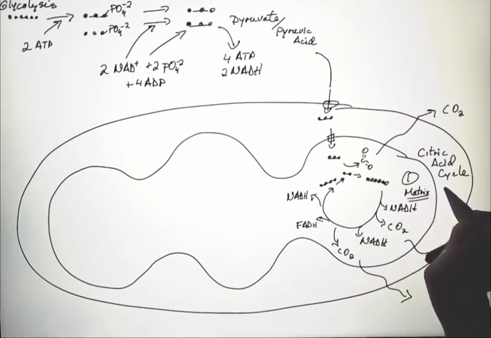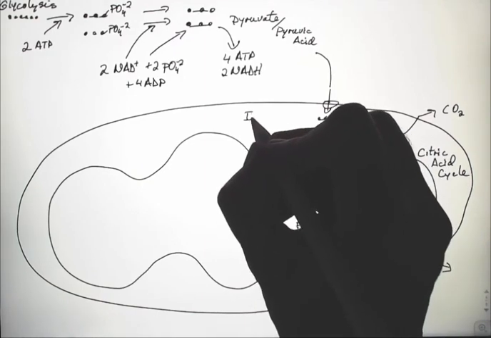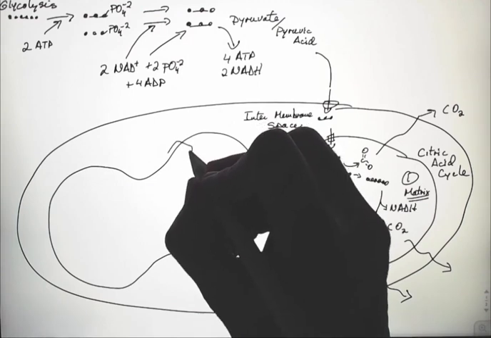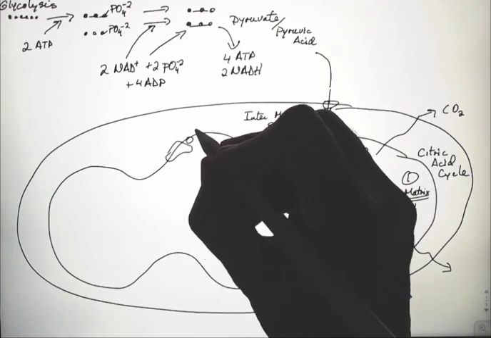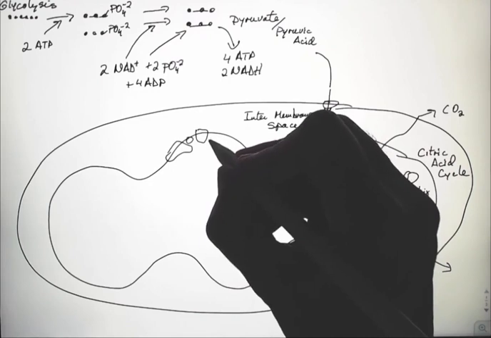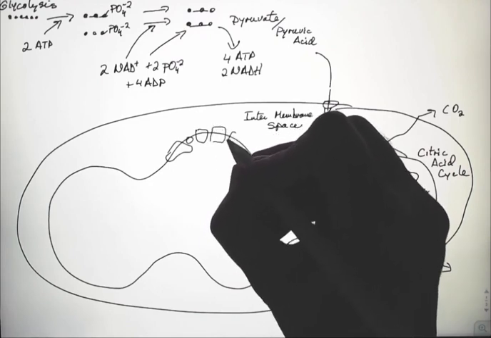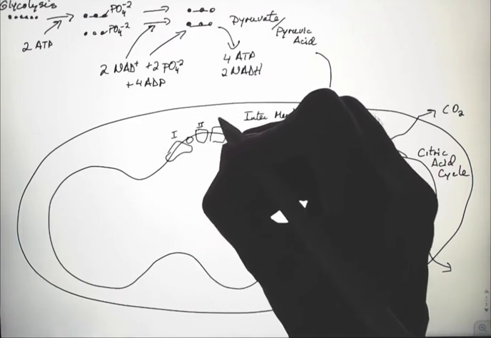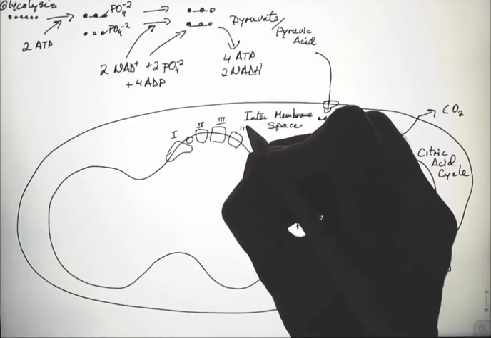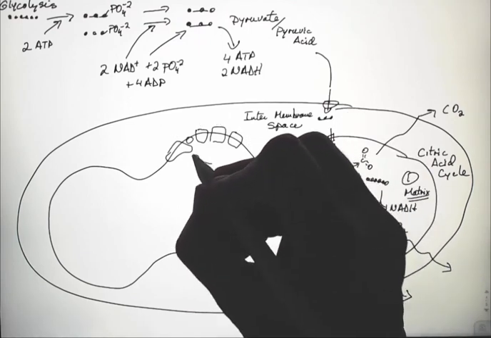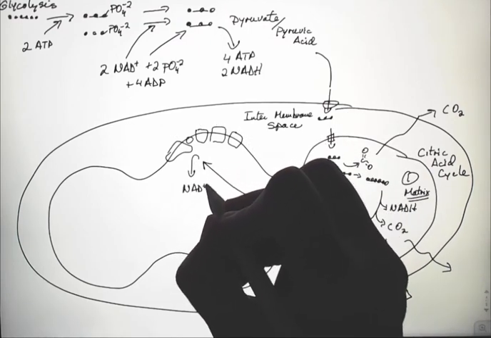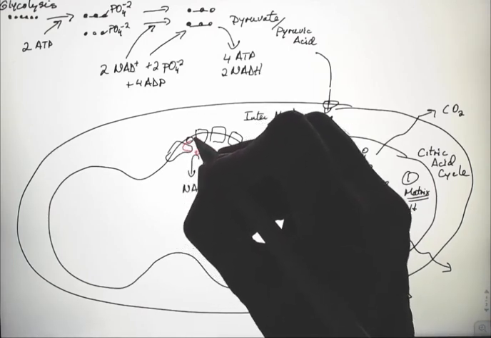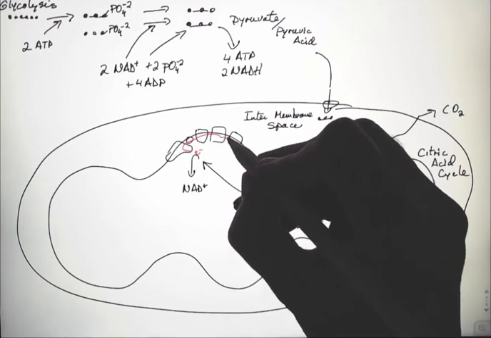The second series of events happens between the matrix and the intermembrane space. This is electron transport, and there are a series of 4 protein complexes. They're big molecules, each made of multiple proteins, and a couple of interacting ones I won't name. The 4 complexes are involved in using NADH or FADH. The events are that from each NADH, 2 electrons are moved into complex 1 and then through the other complexes,